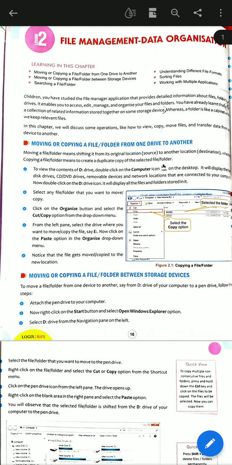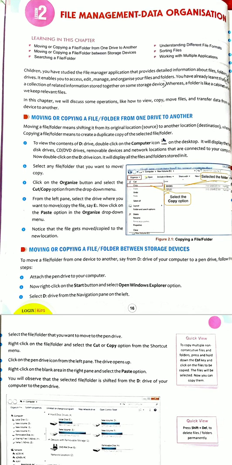To view the contents of D drive, double click on the computer icon on the desktop. It will display the hard disk drives, CD drives, removable devices and network locations, all the things that are connected to your computer.